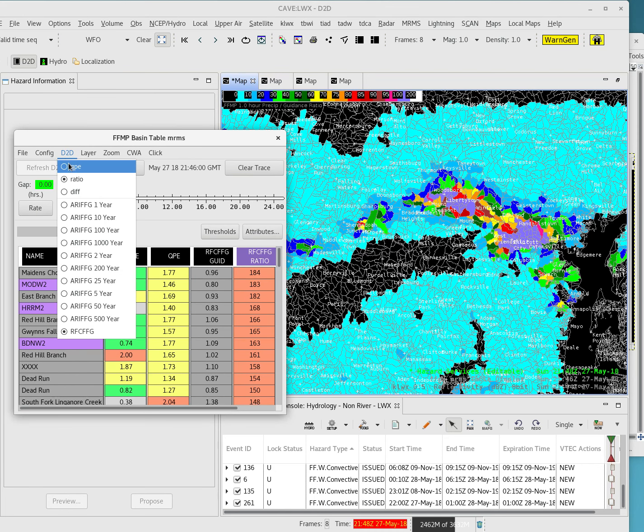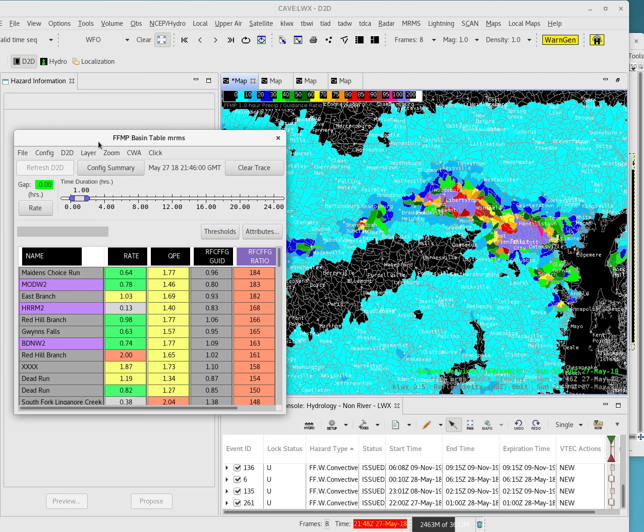I can look at QPE, ratio, and difference. QPE is the radar estimated QPE, the ratio is QPE to RFC flash flood guidance ratio, and the difference is the difference between QPE and the RFC flash flood guidance by default. So I have a 1 hour duration specified here, and everywhere that's in purple is going to be 100%, meaning I have more QPE than the flash flood guidance. So my ratio is 100% or greater in the purple areas, indicating a flash flood threat where my QPE has